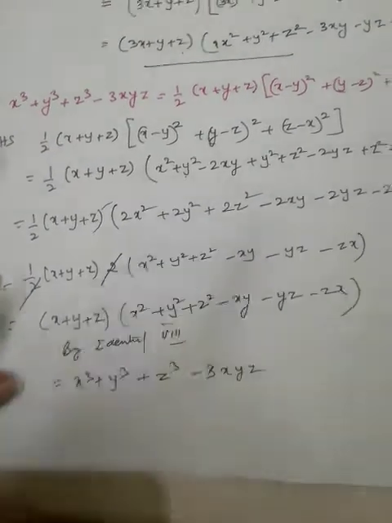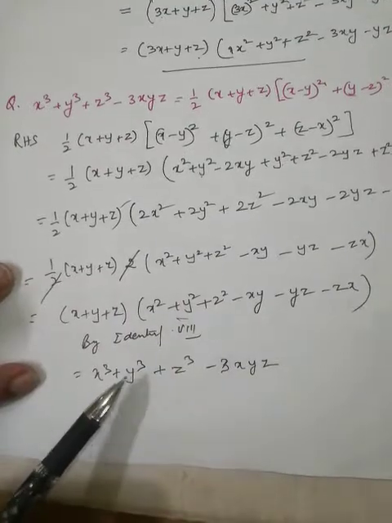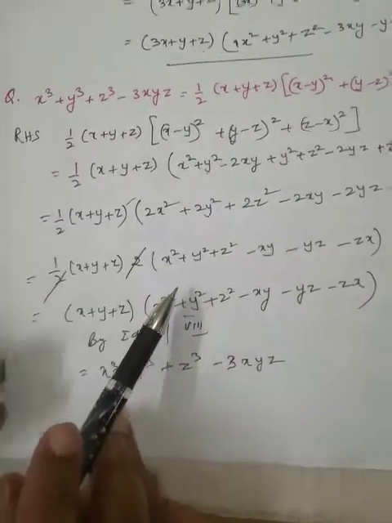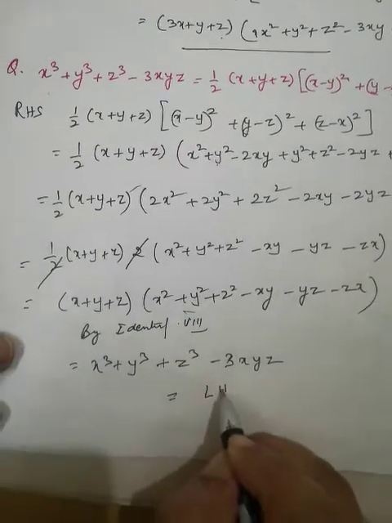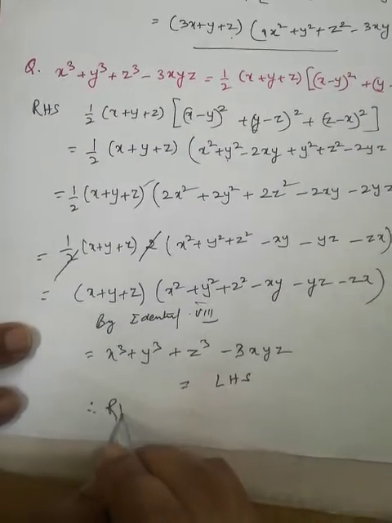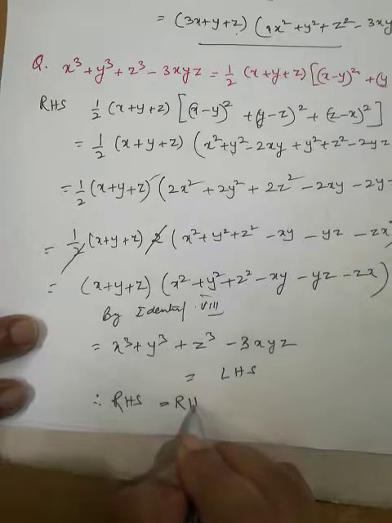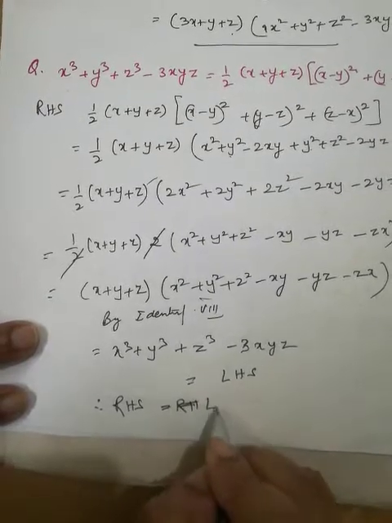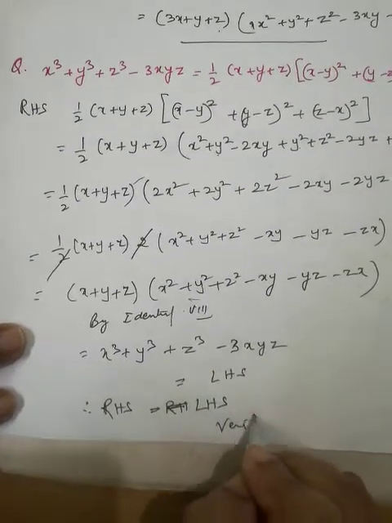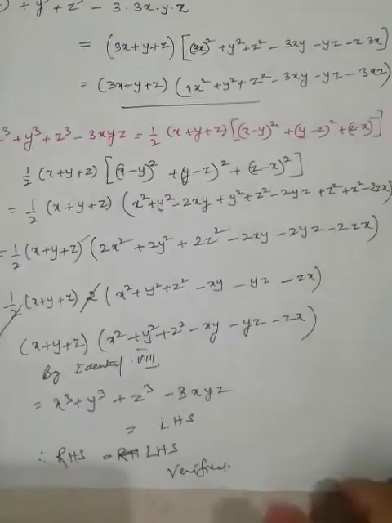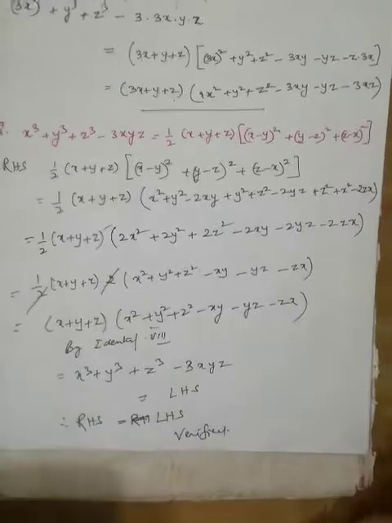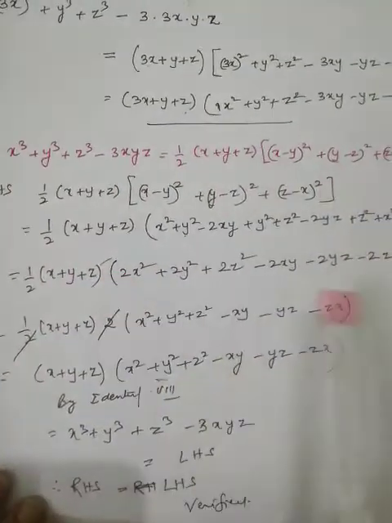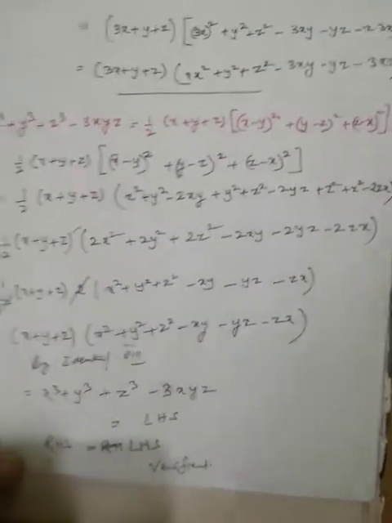Okay. But what is our RHS? Our RHS is our left hand side. Our left hand side, LHS, is also the same. So this is equal to LHS. Therefore RHS is equal to LHS. So it is verified. Okay, it's not that easy, but it is easy, but looks a little complicated. I repeat, this is a question. We are supposed to verify that the left hand side is equal to the right hand side.